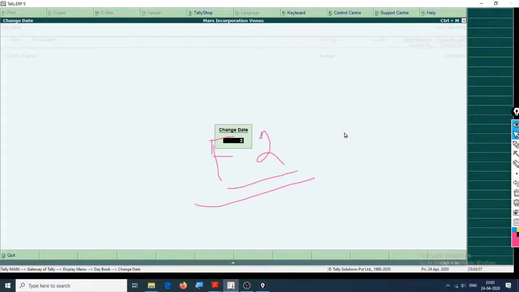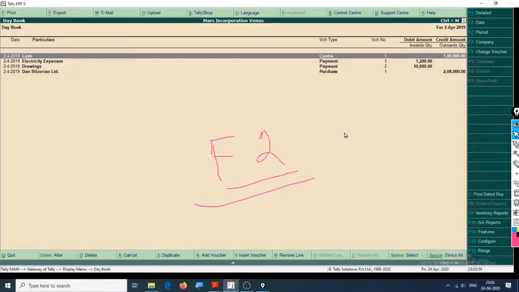F2, 2-4-19, enter. Right here the date is changed to 2nd April. There are 4 entries right here: contra, payment, purchase, with debit amount, credit amount, inwards, and outwards. As there are few entries only, this is very easy to see.